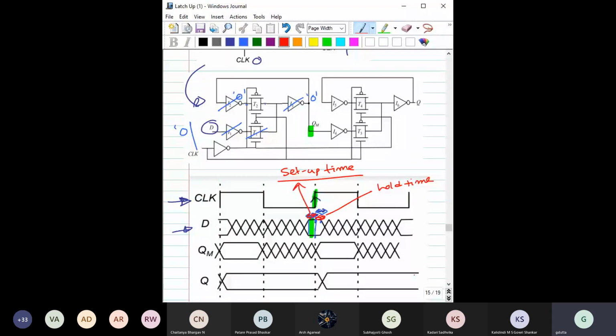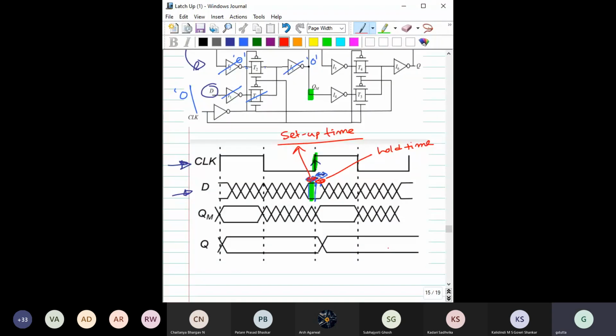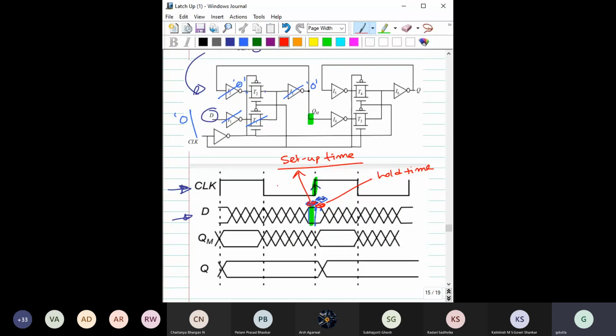There is one more term, the propagation delay, and that basically indicates the time,